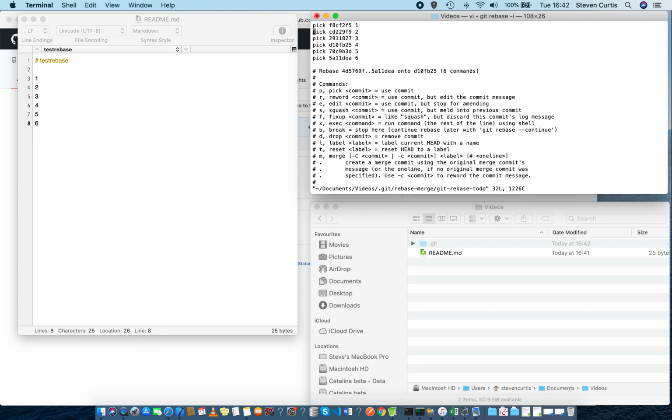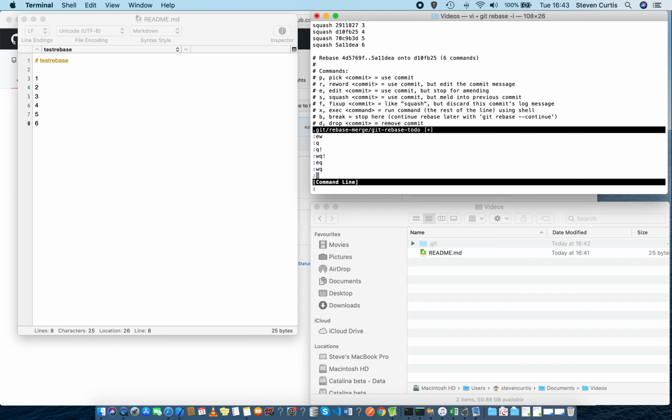So if I press I to insert here, I can write squash. And for each of these, I'm going to write squash. Because these are the commits that I'm going to squash down and kind of put in with the first one. Okay, that looks good. I pressed escape. And then if I press colon WQ,